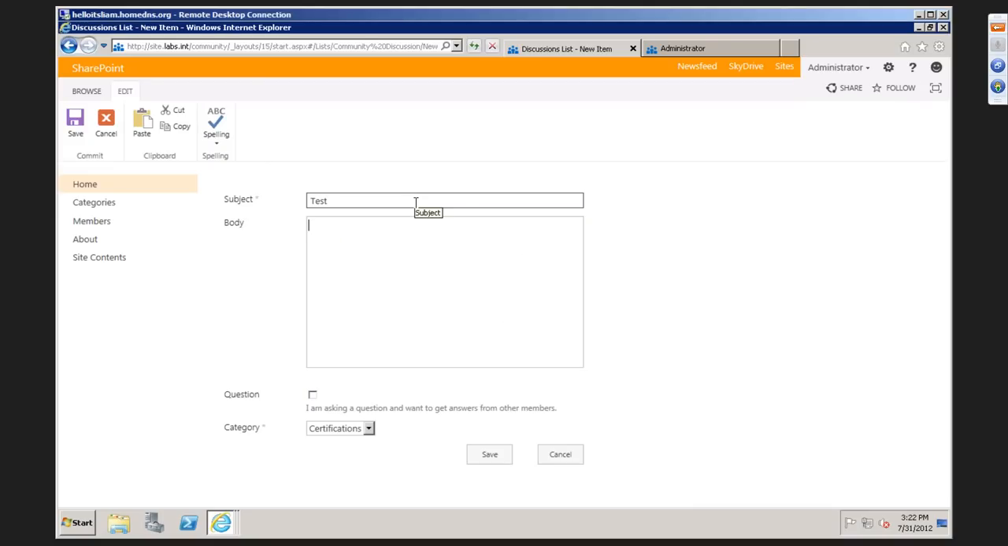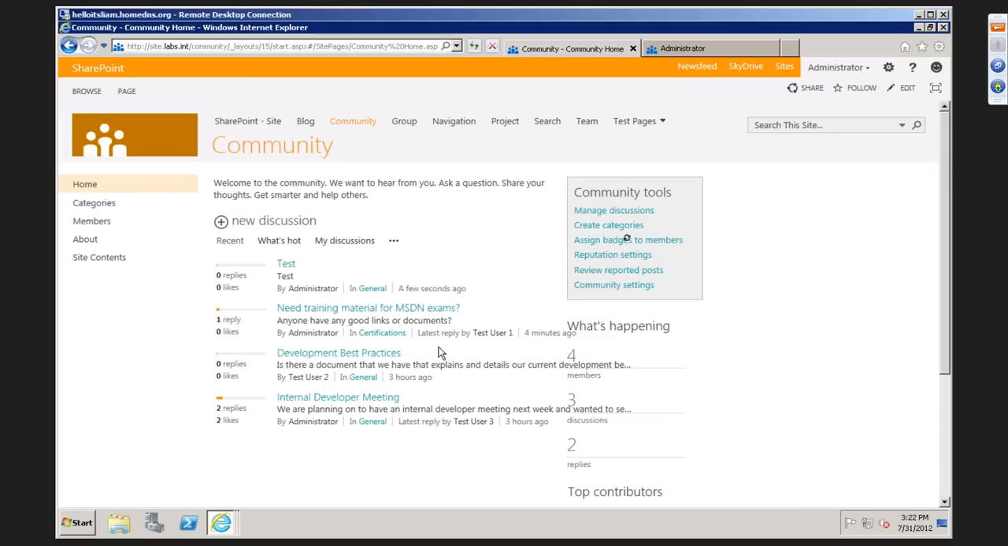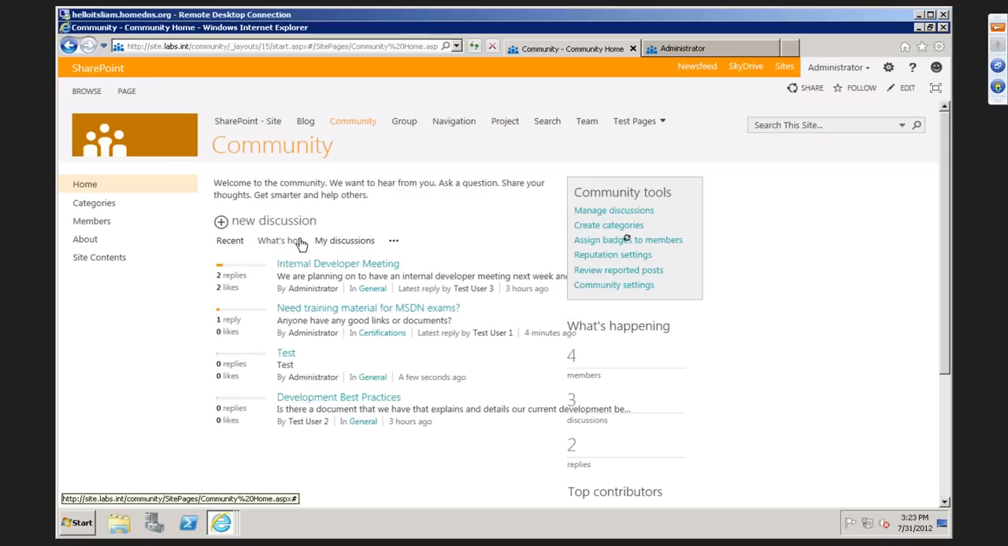except I can't type today. Test, test. I can say I'm asking a question and I want to categorize it as general and then save that message. And then that becomes a new one, and I can then go through as another user and start adding. You also get this common navigation again,